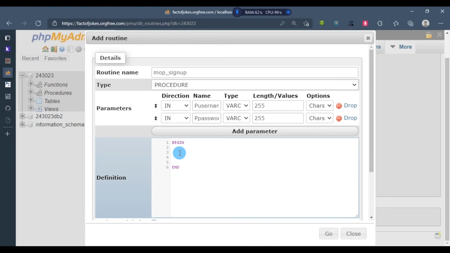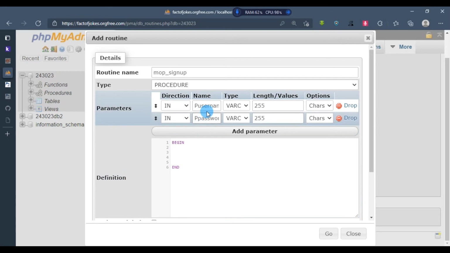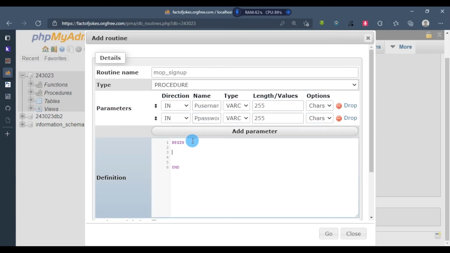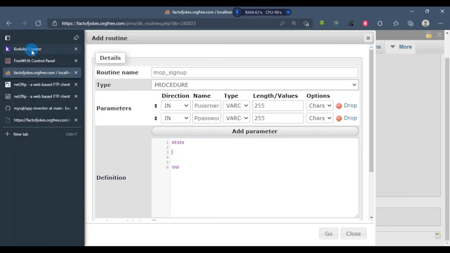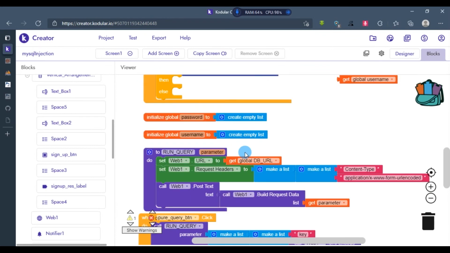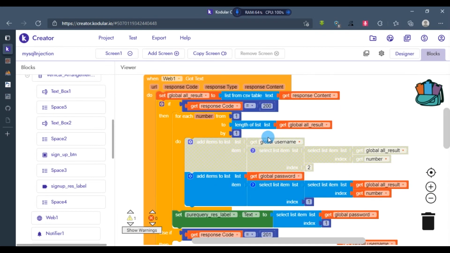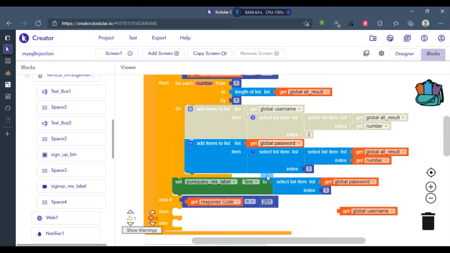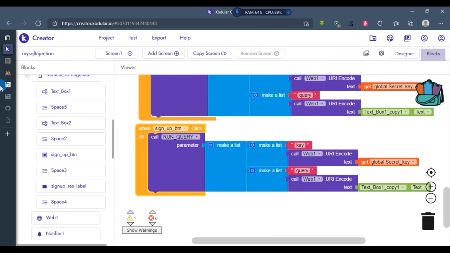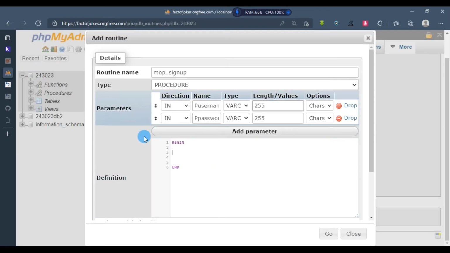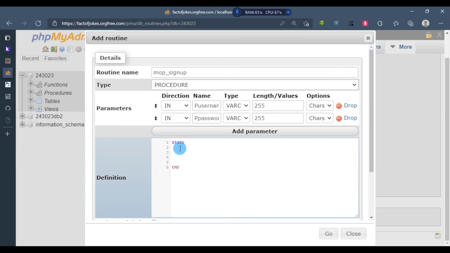So first of all, we need to check if the username is already in our database. Do you get? If you are not using a procedure, you have to write a lot of if statements in your app. But for me, I can easily dynamically change anything as I like in my database without updating my app if there's any problem. So first of all, I need to select